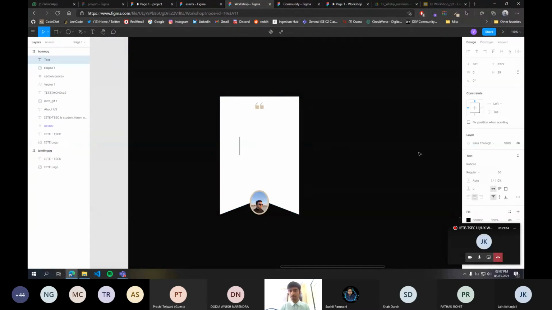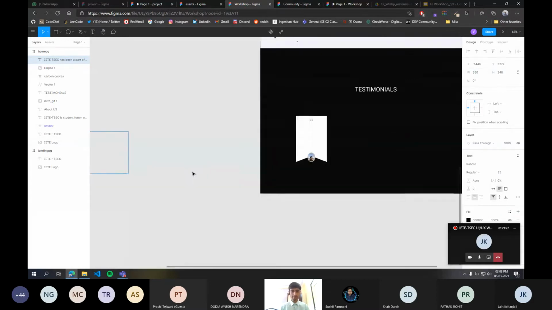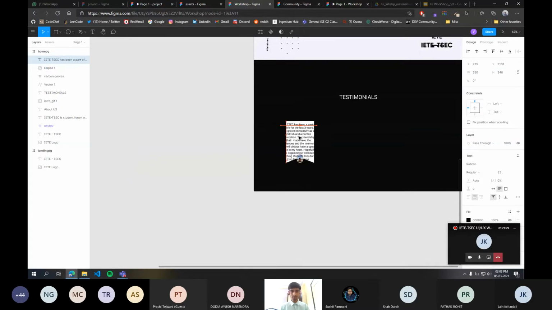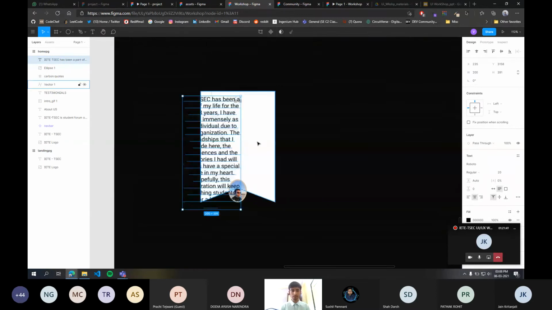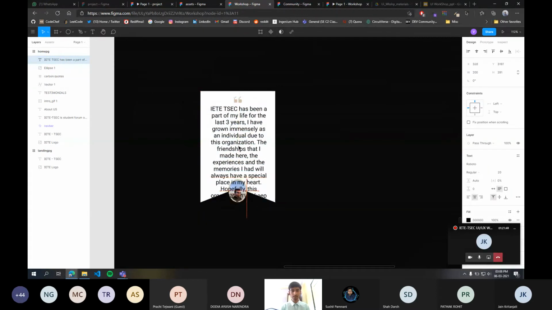I'll just copy this bio, decrease its font size to, let us say, 25, and decrease its width also. You can just play around with the size and the alignment. I'll just remove some text so that it fits.